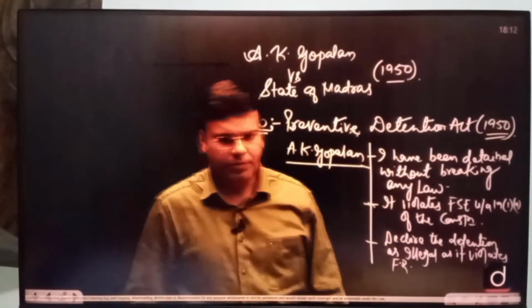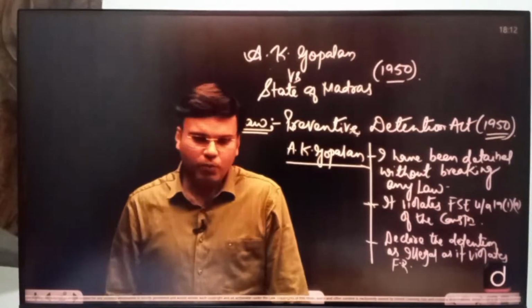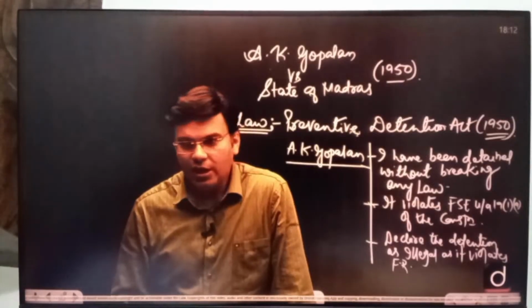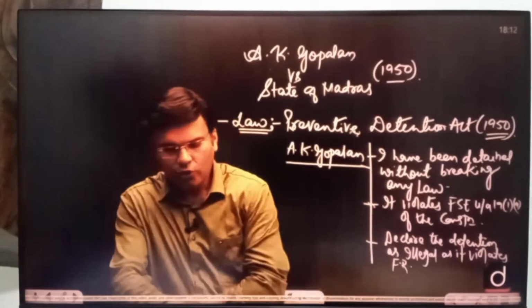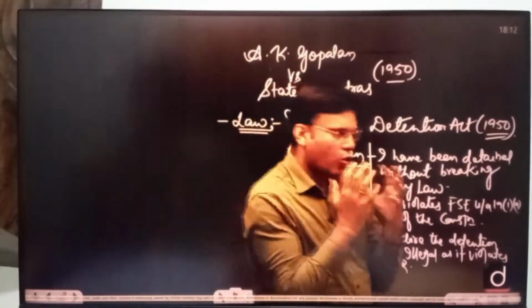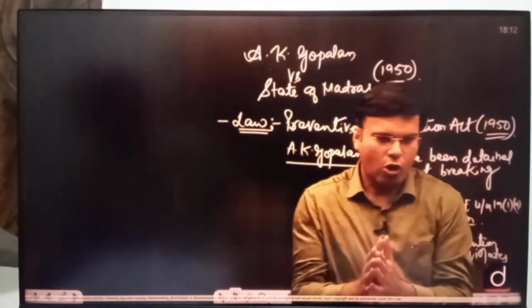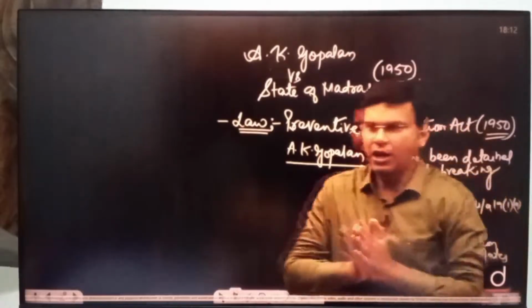That's the first thing that the Supreme Court says. Then it says that your personal liberty does not have any safeguard under Article 21 of the Constitution. Okay. So if a competent lawmaking body makes a law and takes away your personal liberty, we can't say that